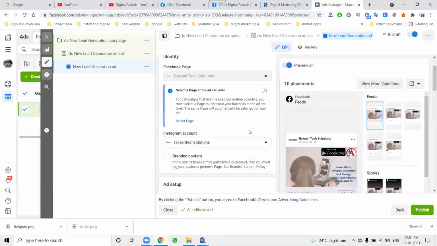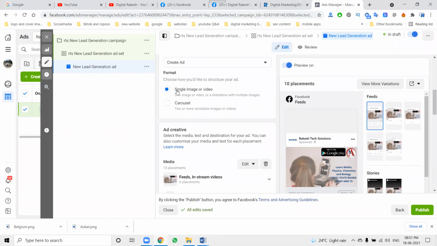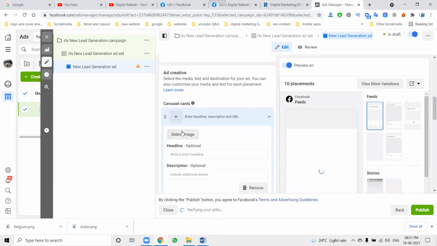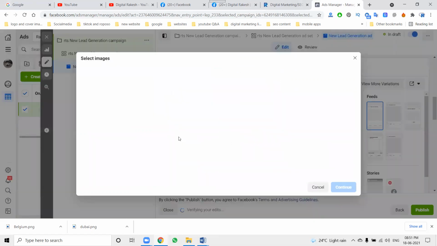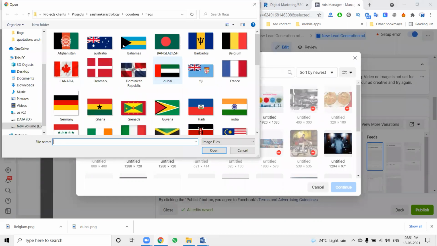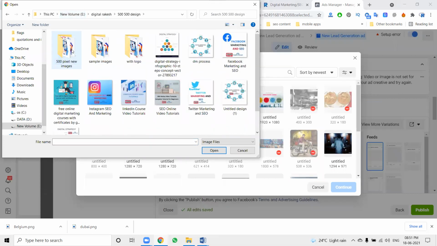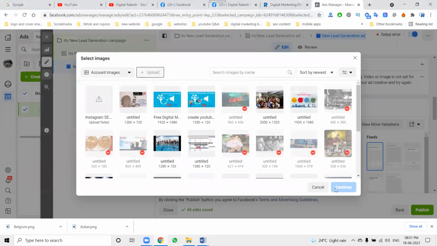So here, next one, page selected. You are looking for single image or carousel. So I'm selecting the carousel image. Select image. The carousel image is 1080 by 1080 or 500 by 500 as you wish. Which is compulsory and important that will be created here. What platform you want to design for, you can design by the option.